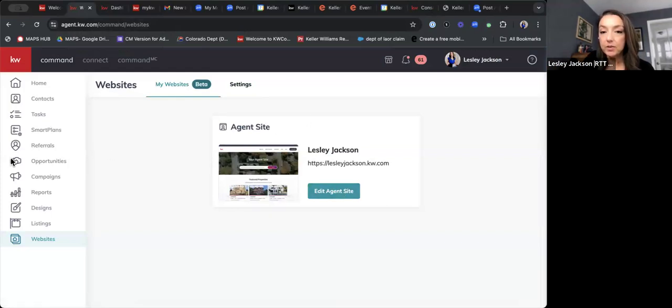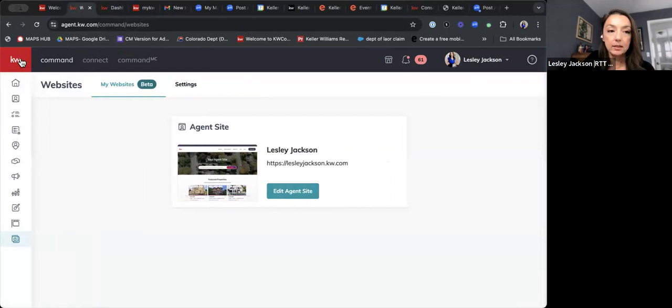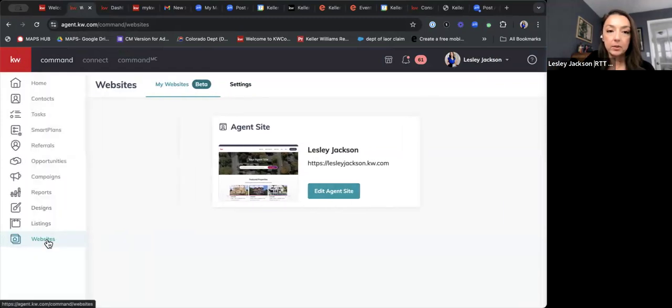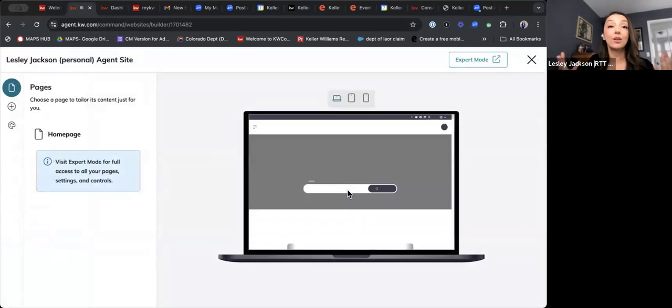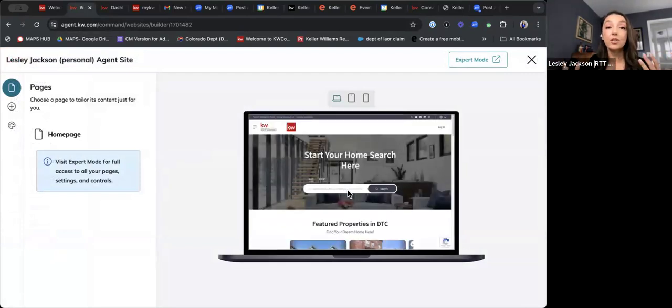This is where we've kind of changed things. So when I click here, edit my agent site, let me walk backwards just one more time so that you can see it. I went to KW, went to website. When I click on edit agent site here, this is where it's going to give us this new look. This is some new functionality that was added in the past 3 or 4 months